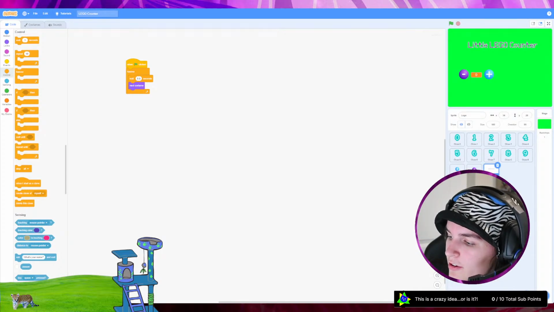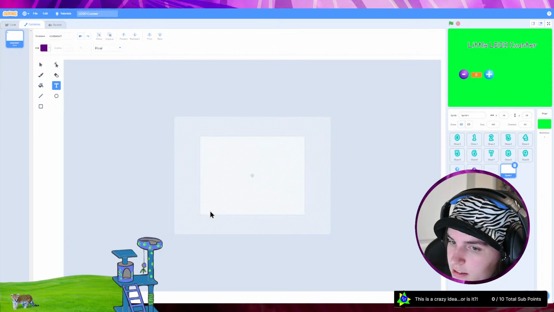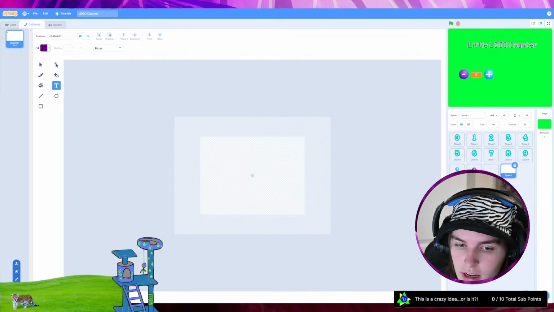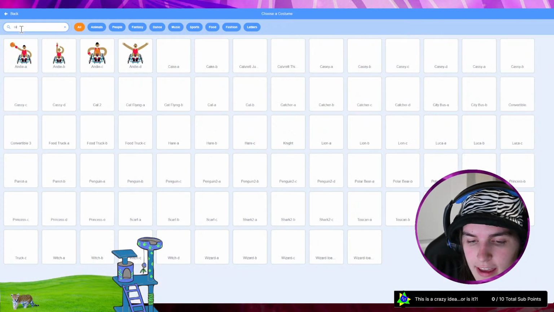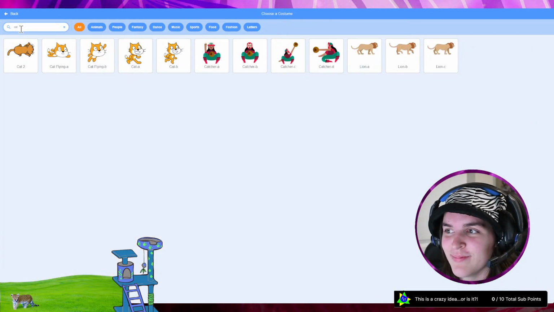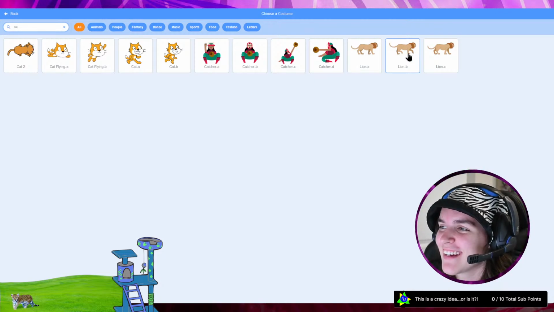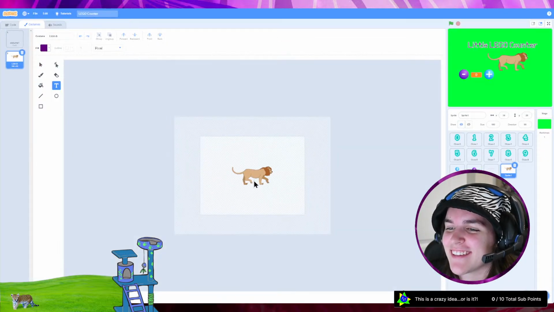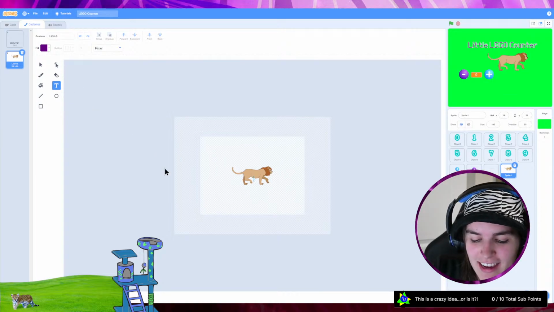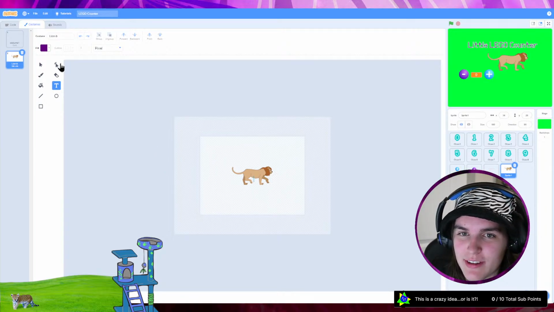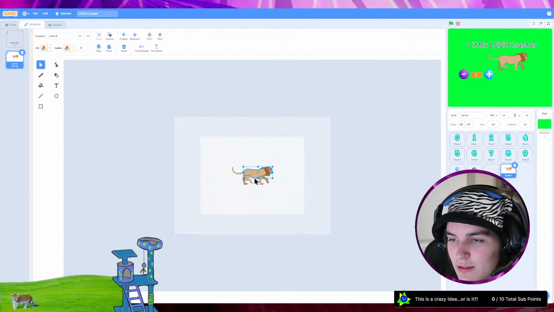Okay, so I'm going to add another sprite. And to be honest, I'm just going to make it a random animal. You know what? I really like cats, so we're going with it. Oh, actually, I should do a lion. You know how funny that would be? I don't think I've ever used a lion sprite before. Oh, I accidentally added a text object. I didn't mean to do that. Oh, I'm sorry, lion. You just have a random text object on you.